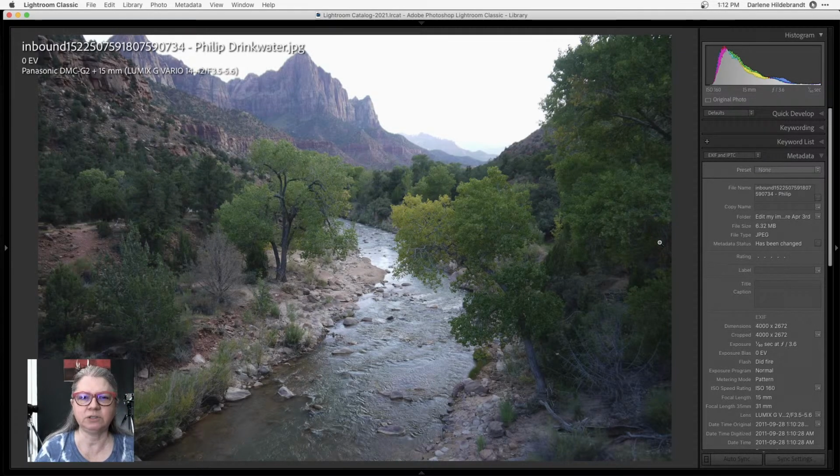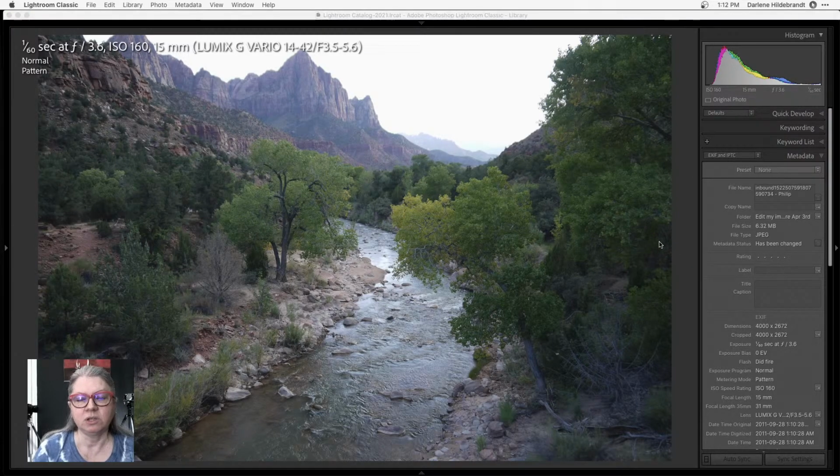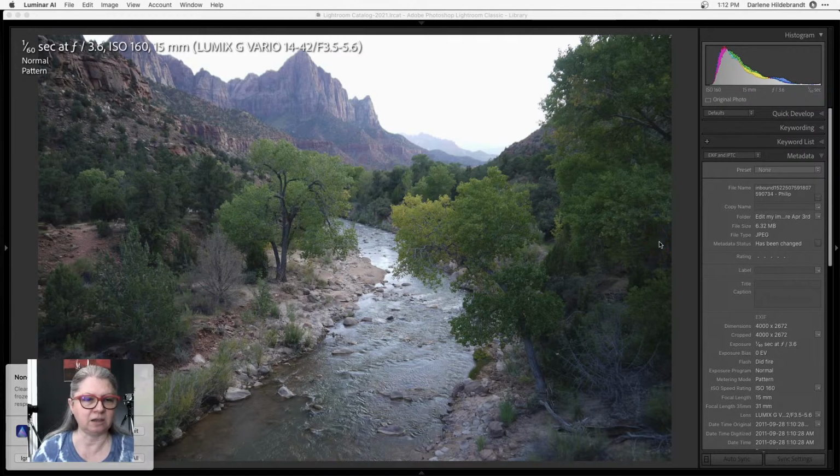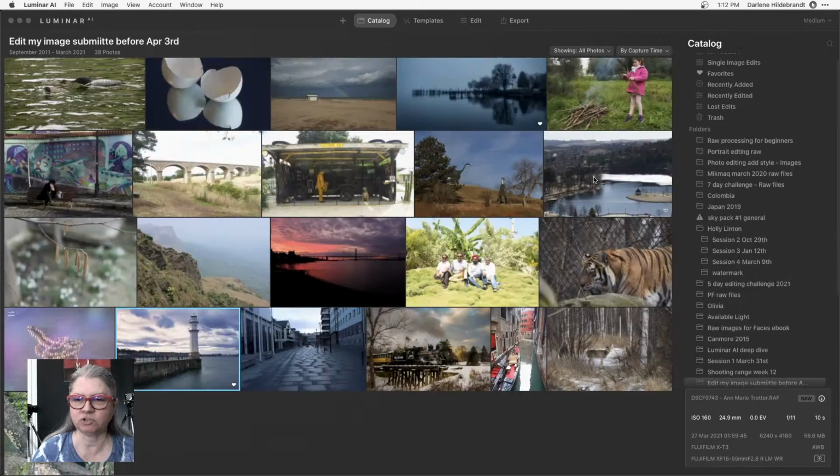I've already played with this one in Luminar because I thought this would be a perfect candidate for a sky replacement. So as I mentioned, you can use Luminar as a plugin for Lightroom or a plugin for Photoshop, or also a plugin for Photos if you're using the Mac Photos program, and you can pull it from there into Luminar and then back again. Right, so I've got lots of resources going on here today because I'm streaming live.